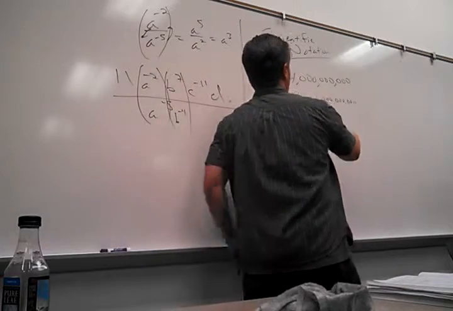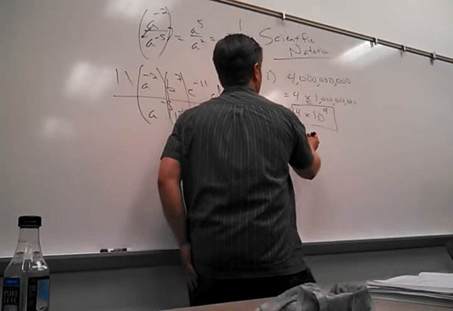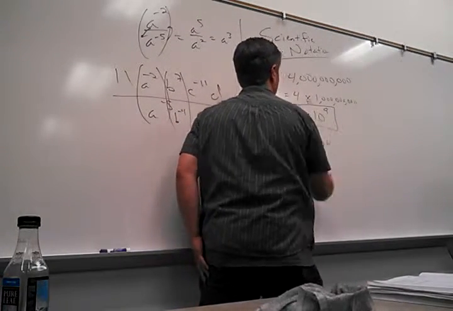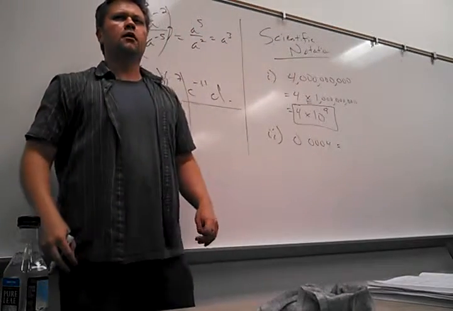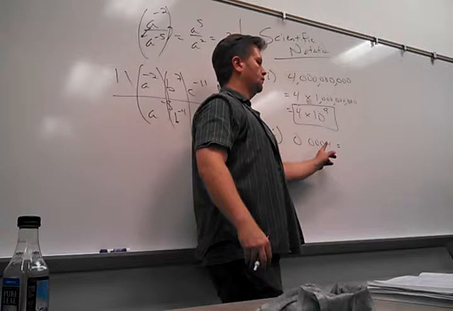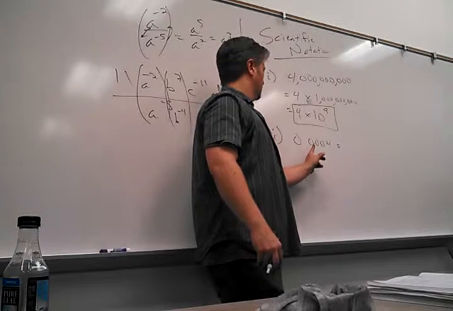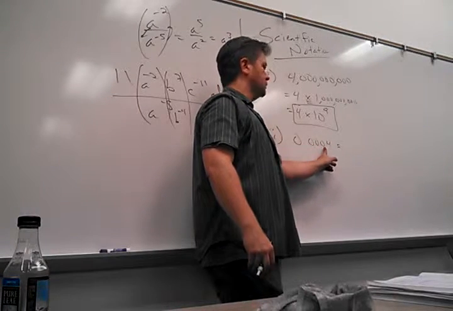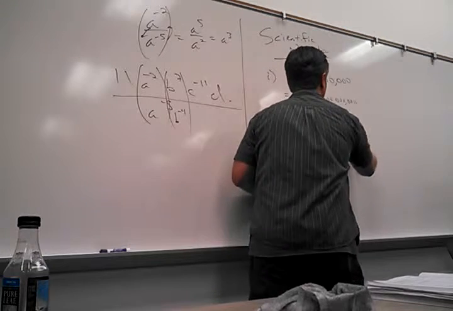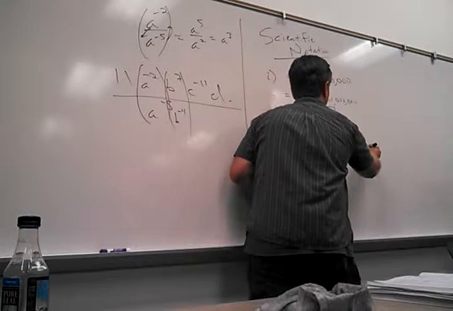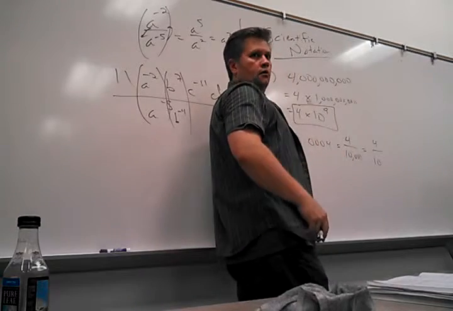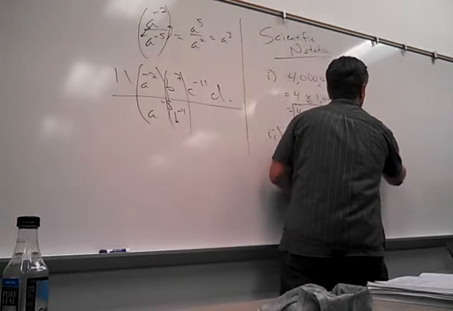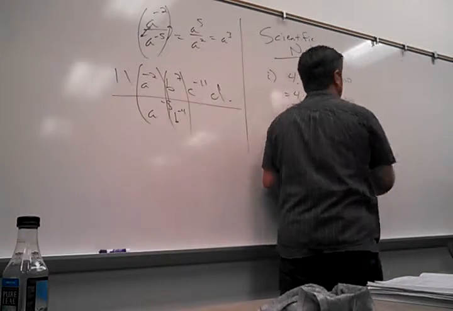Okay. So what if I had a really small number? Let's not go crazy here. Let's say that. How do I write that as a fraction? What place is that in? 10 to the... Yeah, tenths, hundreds, thousands, 10,000. So it'll be 4 over 10,000, which is 4 over 10 to the fourth. Now watch this. If I wanted to force this dude up,